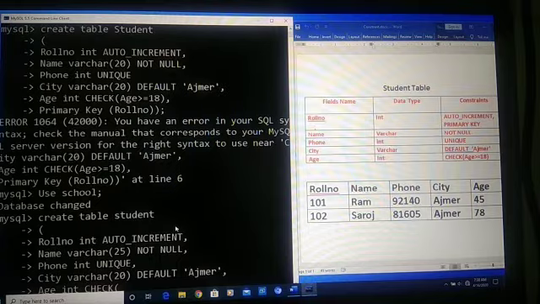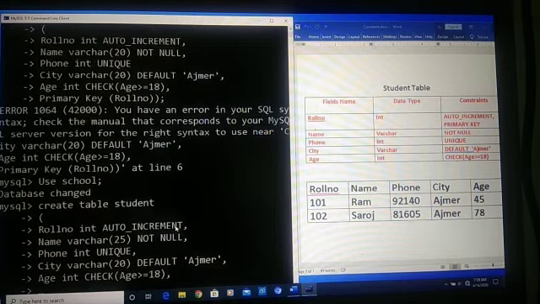So we will write age greater than and equal to, we will use here relational operator, age greater than and equal to 18. Close our parenthesis. Then we will separate with a comma.